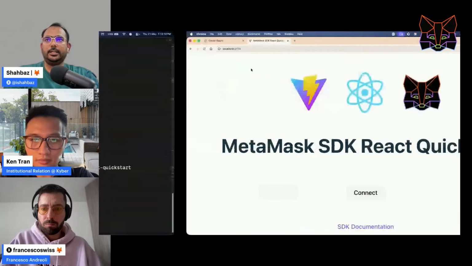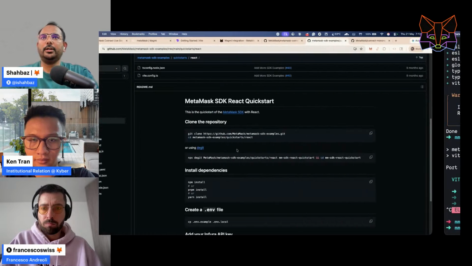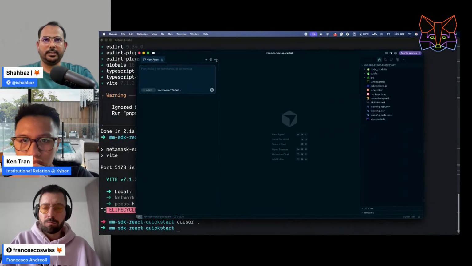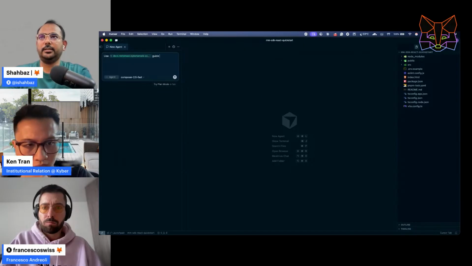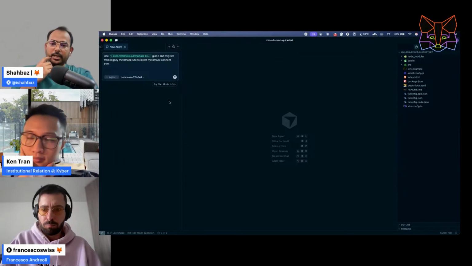But if you want to do the heavy lifting here, you should either do the heavy lifting yourself, or just give this guide to the LLM. And this is exactly what I'll do. Use this guide and migrate from the legacy MetaMask SDK to the latest. So I keep calling it MetaMask SDK, but yeah, it is MetaMask Connect EVM, right? And since this is a complete